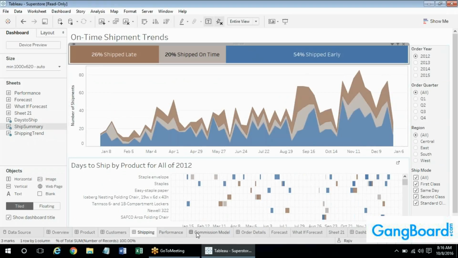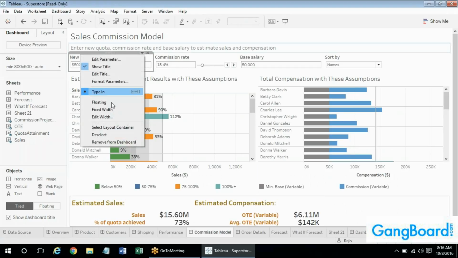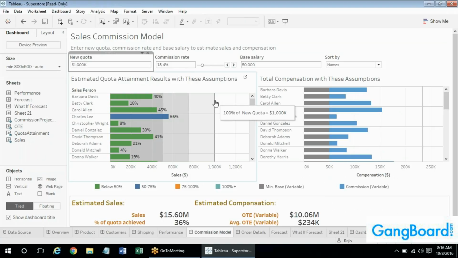And I'll show you examples of a parameter. So this is one example parameter. You can have it as a type-in value that the user can type. So I'll just change my quota. This is a parameter if you see. If you change my quota, this is getting changed. So basically we're getting the user input instead of